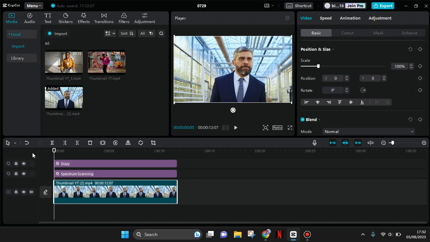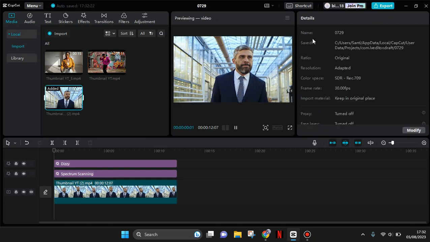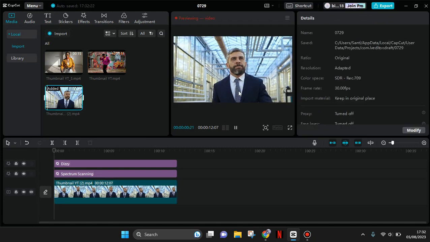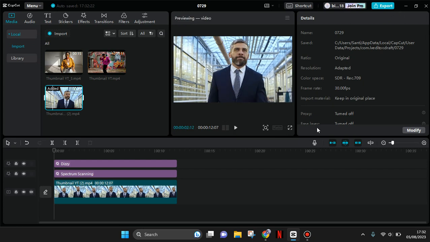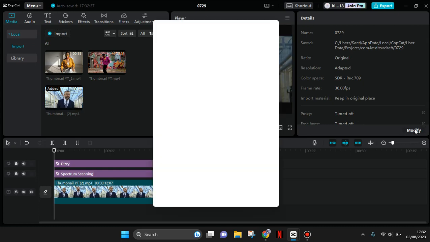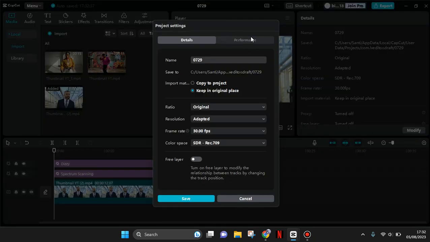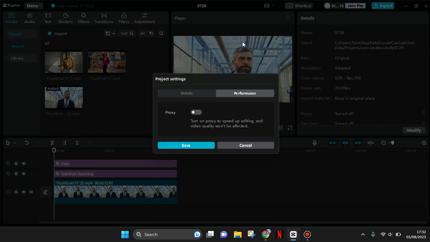So what you need to do is just click on anywhere on the CapCut PC. I'm going to just click here until this details menu shows up in your CapCut PC, and you can see that the proxy is currently turned off. And to turn this on, just click on the modify box in here and then go to the performance tab,